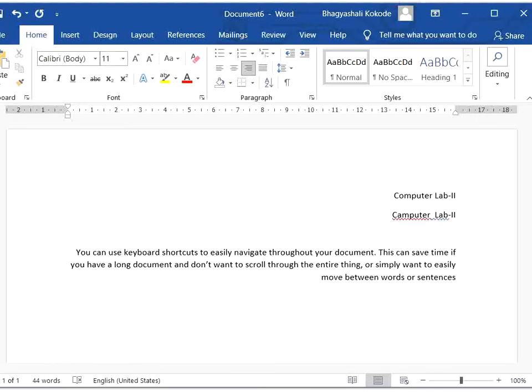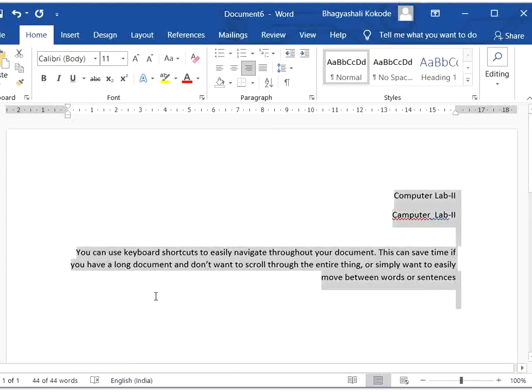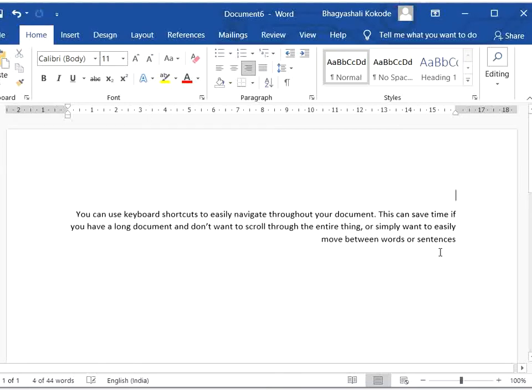Next one, whenever you want to select the text, for selecting all the text in your Word document you have to press Control A. If you want to copy the particular text as it is, you need to press Control C. Next, you need to select the place where you want to paste it.